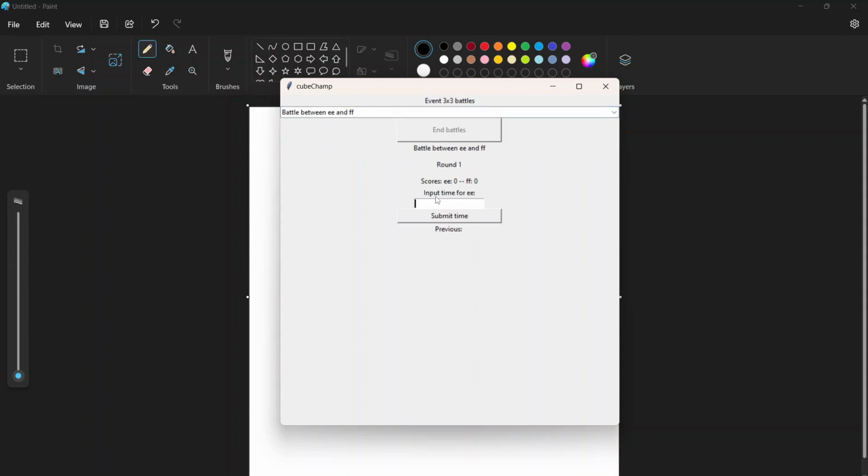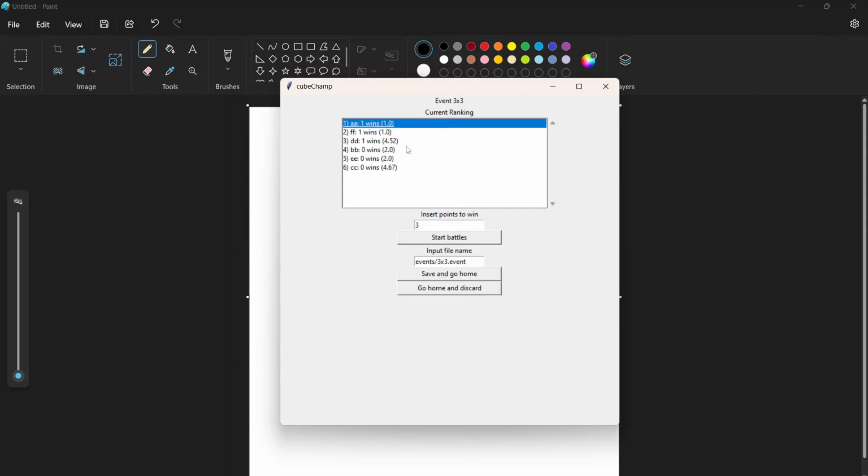So now, if I do this for everyone, and then the end battles button will become available, and you will see the means of everyone and the rankings